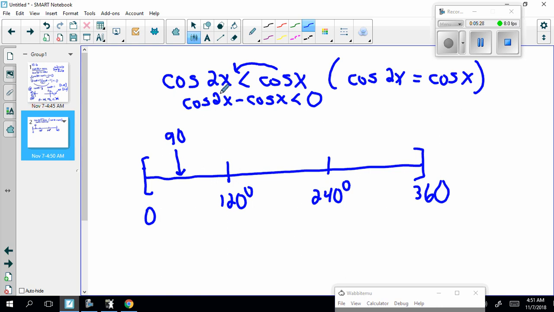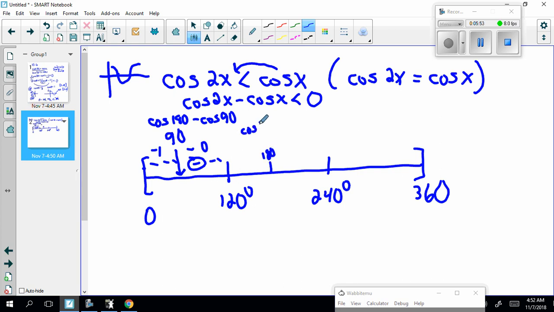Now, so that's 180. So I got to do this math. Minus cosine 90. And cosine 180 is negative 1 minus 0. It's negative. So it's all negative in here. Now you choose 180. So you got to work cosine 360, which is like cosine 0, 1, minus cosine 180. I just did it. Negative 1, therefore 2. Therefore, since 2 is positive,